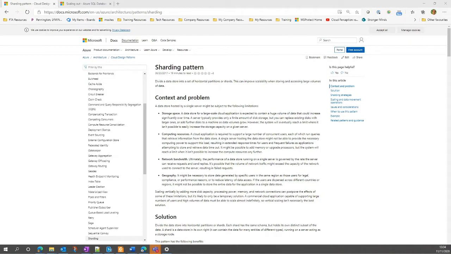Gotcha. So then, I guess if I'm listening in and I'm maybe not someone with a data background, and I'm thinking, okay, this whole sharding pattern sounds like it might be relevant to me, but where do I start with that? What are maybe some of the things that I need to start thinking about on how I break up either those databases or the data itself to start using this sharding pattern?